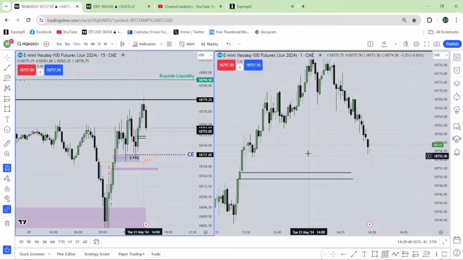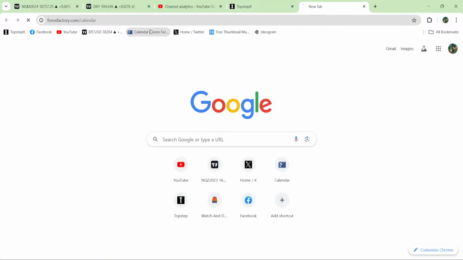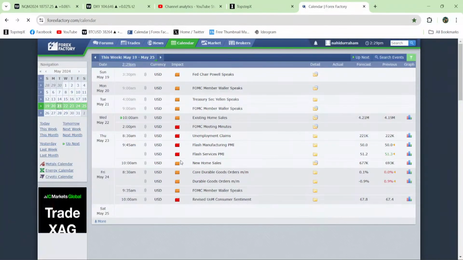So I will meet you tomorrow, and I believe that tomorrow we have some news. Wednesday we have FOMC around 2 p.m. So around the morning session, it's going to be very difficult to trade as well. But in the PM session, I believe that we will get some good setup around 2 p.m. after the news. So yeah, that's all. If anyone has any question, you can ask.